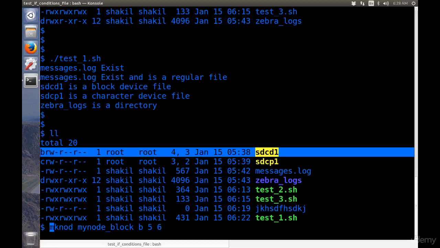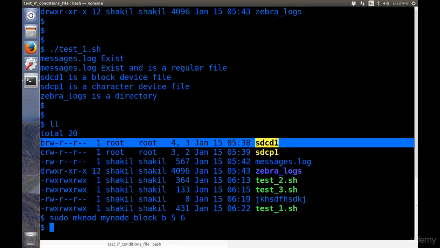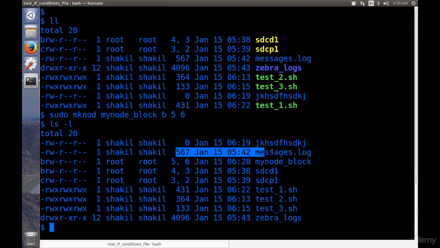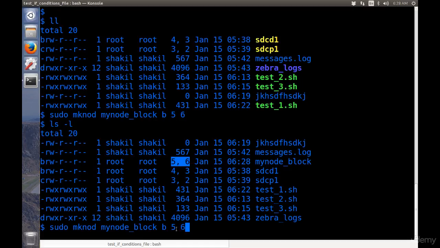And mind it, when you create mknod you need to do sudo. If you are not a root user you have to do sudo, because it requires a special privilege. And if you see here, my block device is created and there is the letter B here. It's not like a hyphen, it's a B, block device. And you see for a block device there is no size. For a regular file you will see the size, the number of bytes present in the file. For a block device it's a major number and a minor number,